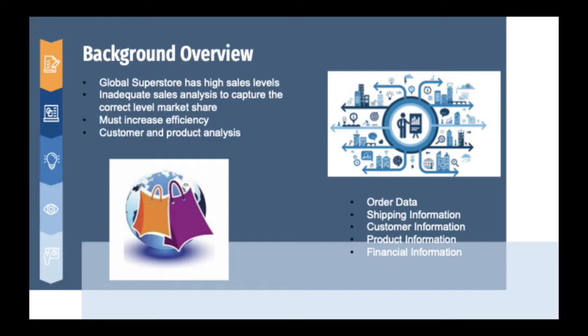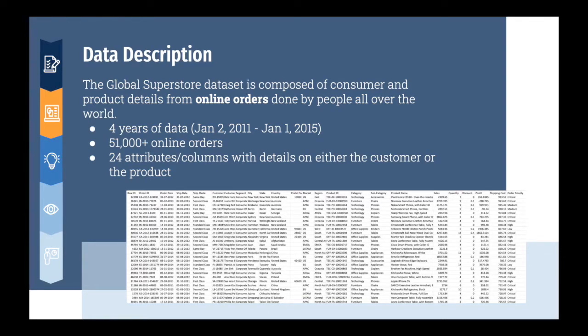Next, we will talk about data description. So we chose to use Global Superstore's dataset. In this dataset, we can see the details of products and consumers who bought the products all through online orders. The data is from a span of 4 years, January 2011 until January 2015. There's over 51,000 online orders to look at, and there's also 24 columns with different attributes pertaining to the different